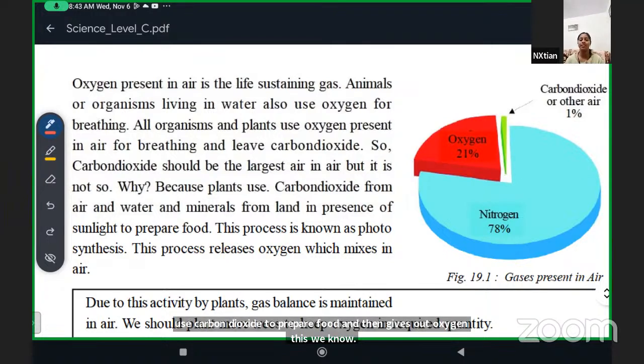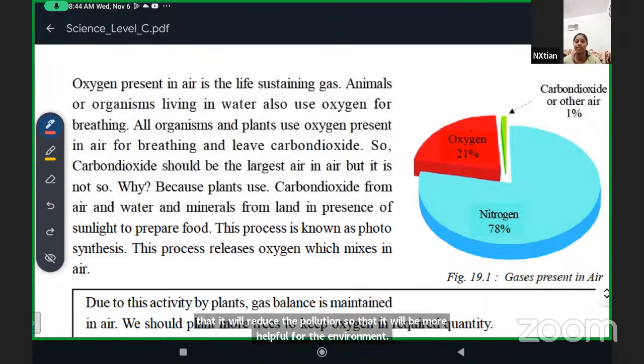Which again balances the amount of oxygen and CO2 in the air. And what we do, we take in oxygen, release the CO2. Have you heard this, that we should plant more and more trees so that it will reduce the pollution, so that it will be more helpful for the environment? Right. Another reason they suggest to plant more trees is because